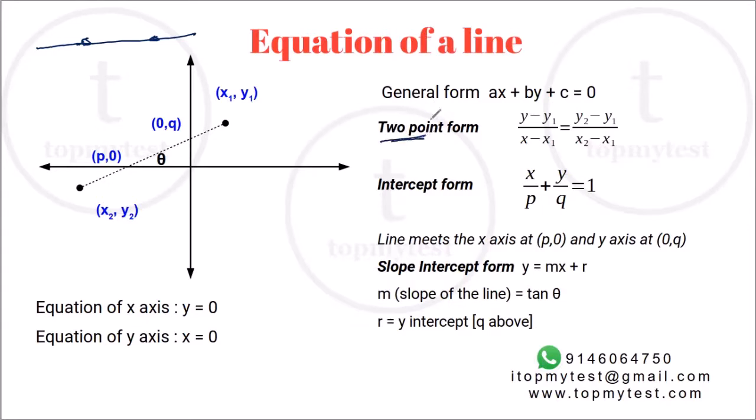One of the easiest ways to describe a line is the 2-point form. So if you know the coordinates of 2 points, x1, y1 and x2, y2, then you can find the equation of a line. Now this comes from similar triangles. So if you take any general point x, y on this line, and use similar triangles, the ratio of height to width of any triangle will be the same as the height to width of the other triangle. Now this ratio of height to width in trigonometry, we know, is called tan theta.